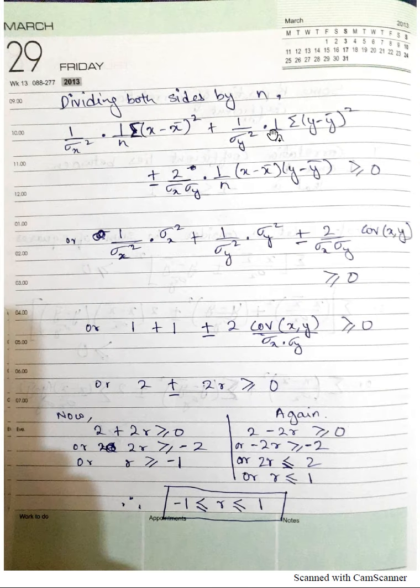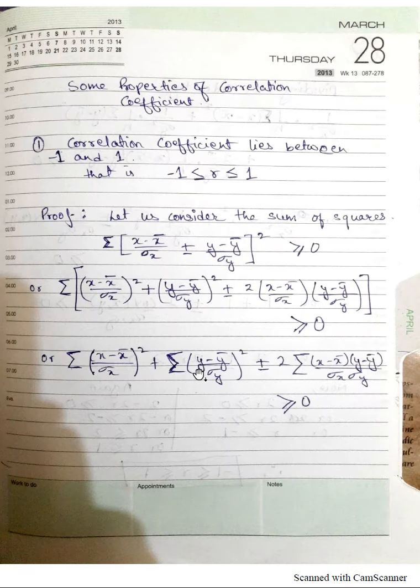Plus similarly we take out sigma y square from the summation: 1 by sigma y square into, we are dividing everything by n, so we also have 1 by n here. I'm sorry, we are dividing everything by n, or multiplying everything by 1 by n. So 1 by sigma square y into 1 by n into summation y minus y bar whole square, again only this will remain inside the summation,